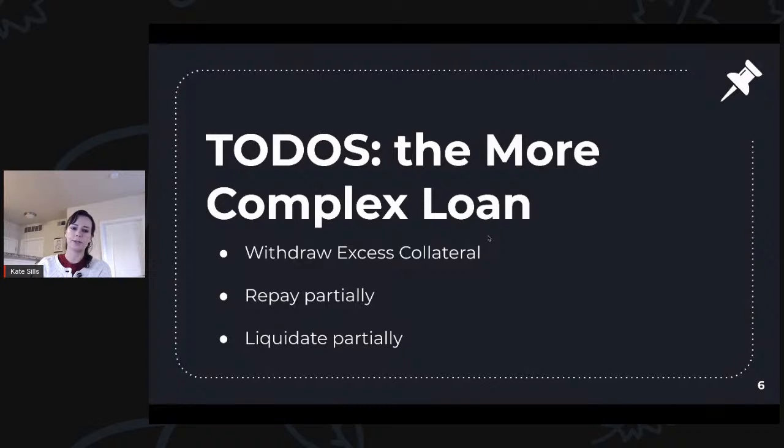So there are some to-dos that we hope to do in the future that would make this a lot more complex and usable. For instance, if the value of the collateral goes up, then you might have excess collateral that you might want to put to other uses, so you might want to withdraw your excess collateral. You also might want to repay partially. Most loans you're able to repay partially, right? So it's a bit silly to only be able to repay at the end when you have all this compounding